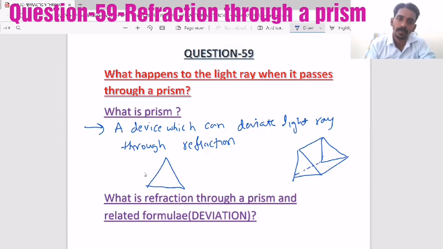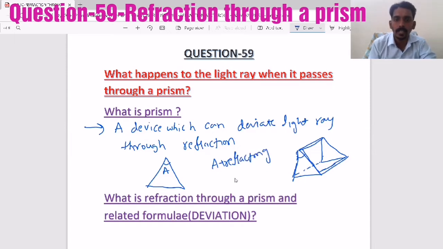So there are two surfaces, like this is one and this is another one. So the two refracting surfaces are inclined at some angle that I am representing here. That is called the refracting angle. So the angle between the two refracting surfaces is the refracting angle, because here let's say the refractive index of the medium of